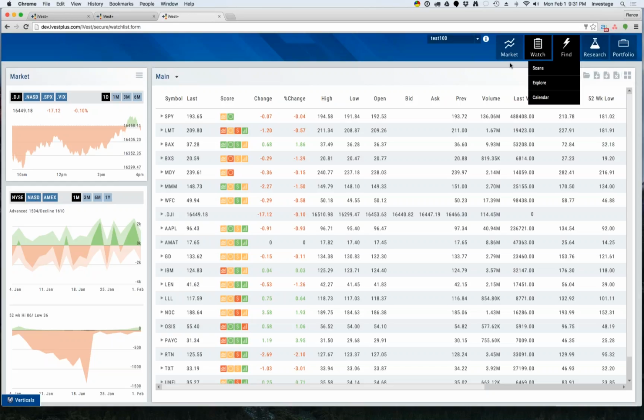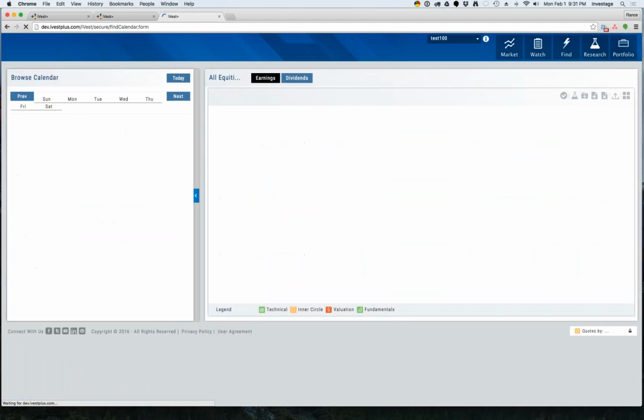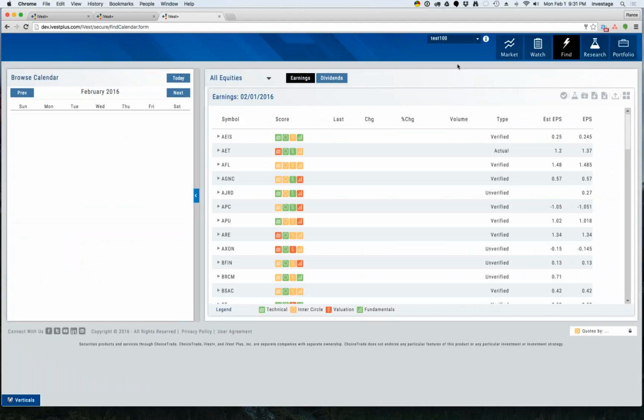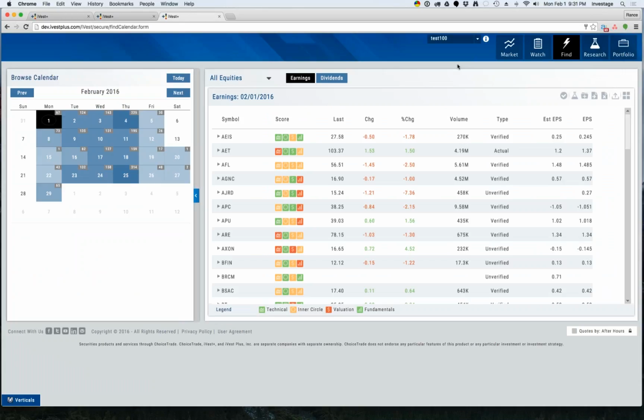This is my development system. This is a piece that we are working on. It will be released very soon. I don't have an exact date, but my guess is within 2 weeks. We have one big project we're trying to get wrapped up in it. If we find that we're going to be a little slow on that, we'll probably go ahead and release it a little bit earlier. But this is your calendar view, and right now we have both an earnings calendar view